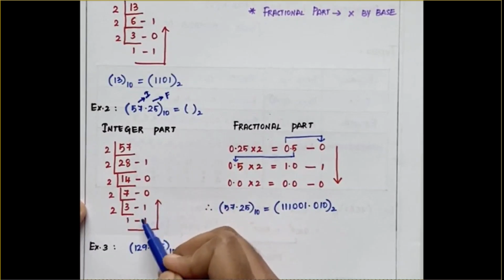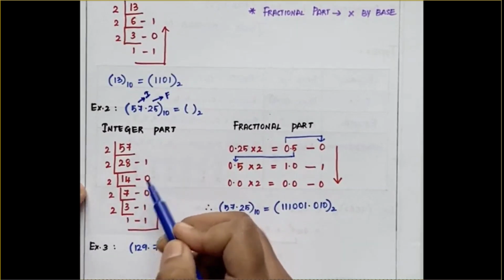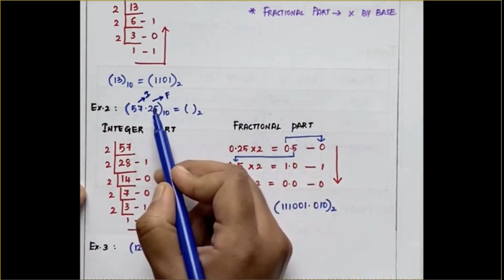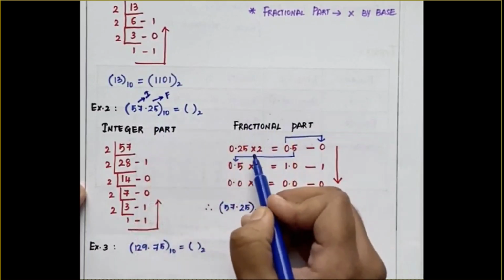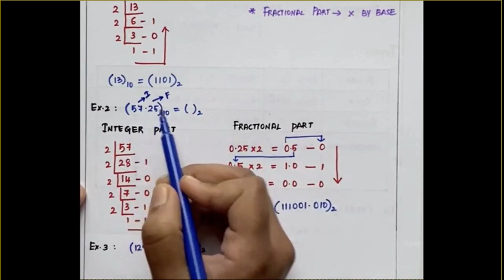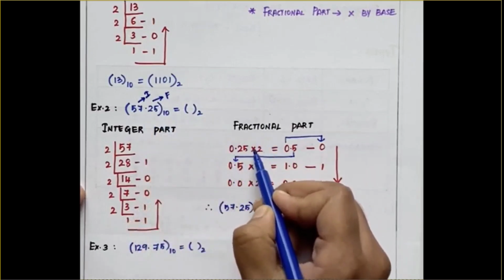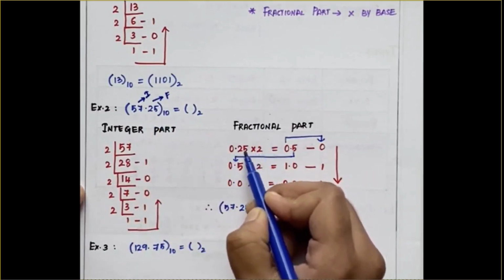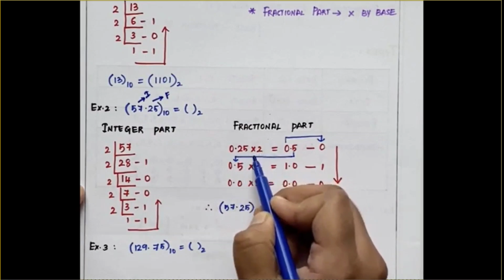So the integer part's equivalent value is now completed. Next we will move to the fractional part, which is 0.25. So 0.25 we have to multiply by its base value. So 0.25 into the base value, which is 2. So 0.25 into 2 is equal to